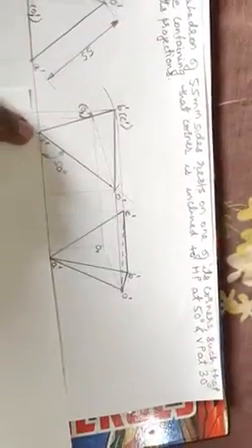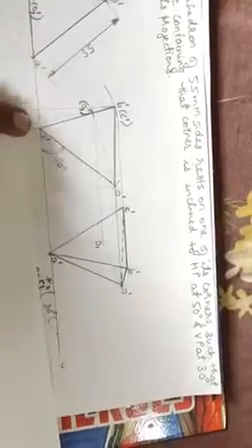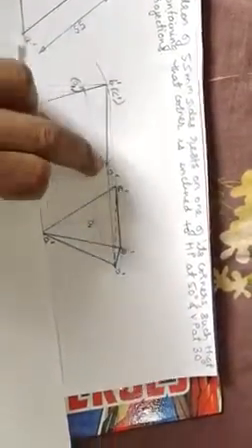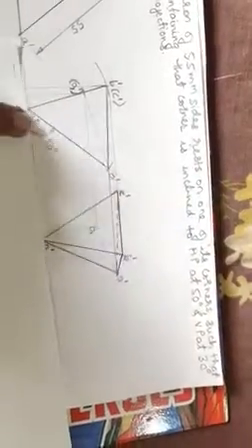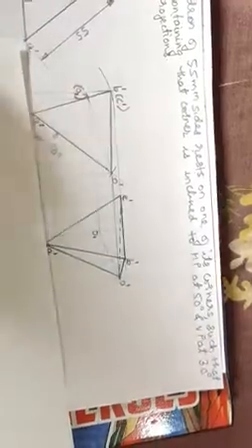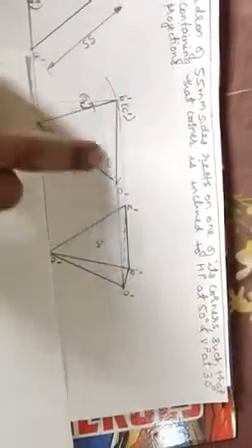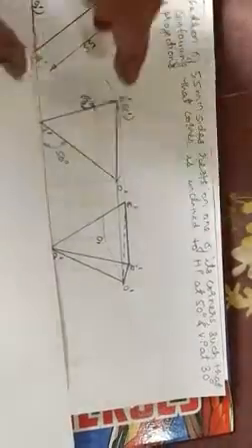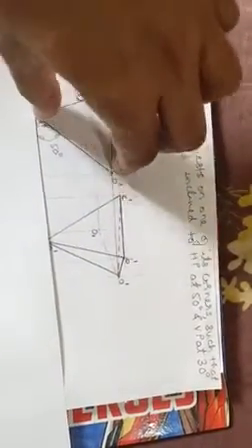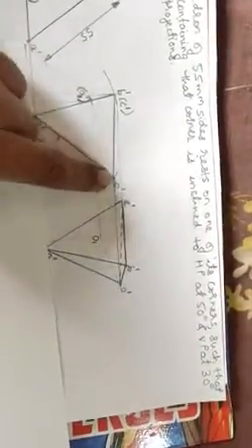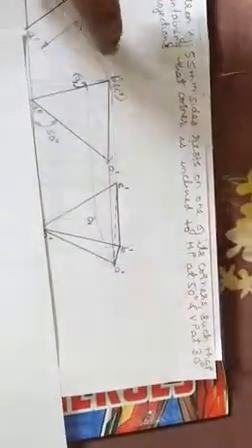So what you do? At appropriate place on XY line, you mark A dash here, measure 50 degrees angle, draw an arc. Draw a straight line. I don't know the length, simply I will draw. Is it clear? So you have marked A dash, you have drawn a line at 50 degrees angle. Then measure A dash O dash, cut here, draw an arc. So you have got A dash O dash.